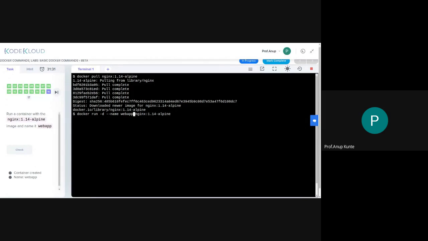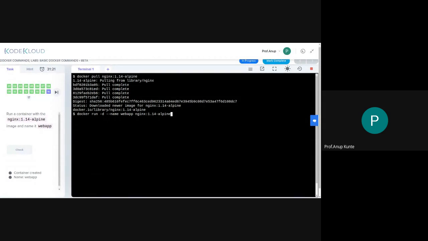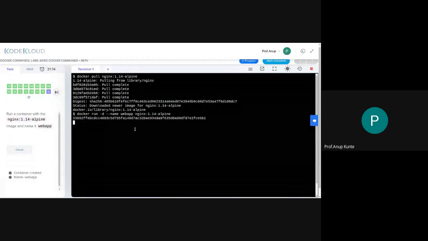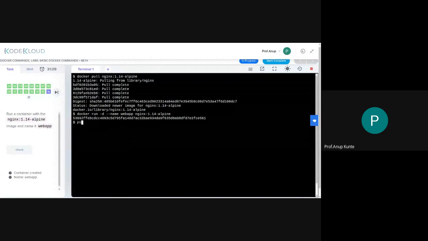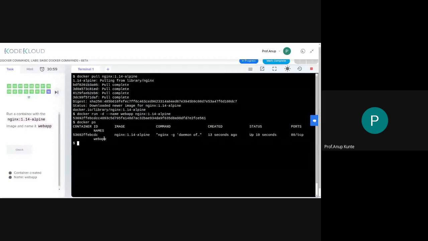And then this is how you run a particular container with a specific name. The name tag that was showing at the last in the docker ps command is what we are providing at the time of execution. By default it doesn't take any name, it creates its own names. So if I run docker ps, not just ps, because just ps will show you the process status on the machine. See, the name is now web app, the one that we have given it.